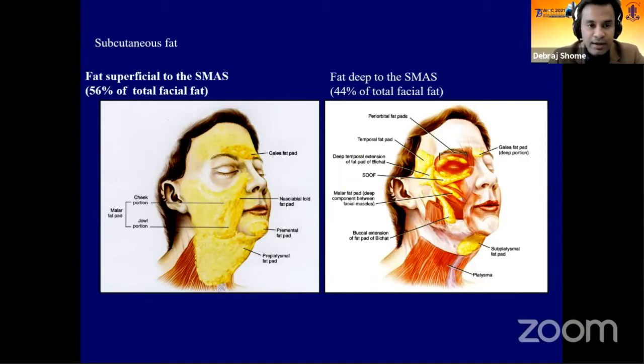So generally in younger people, there's more superficial fat than deeper fat. And the superficial fat gives us the look of a grape. As we age, the deeper fat becomes more. So as a result, we start looking like raisins. So when you think about the grape to raisin analogy, you know how aging occurs. And that's why volumization is becoming more and more important, because deflation is playing such a key role in aging.